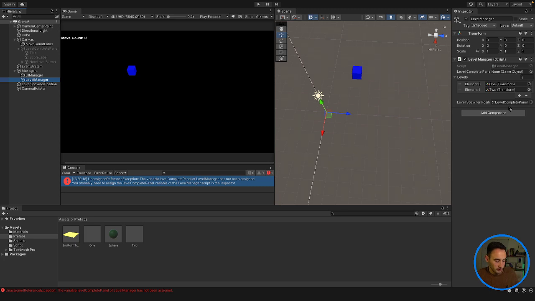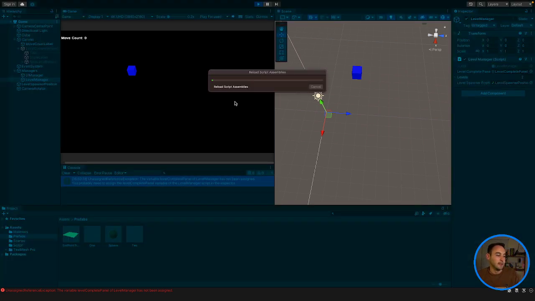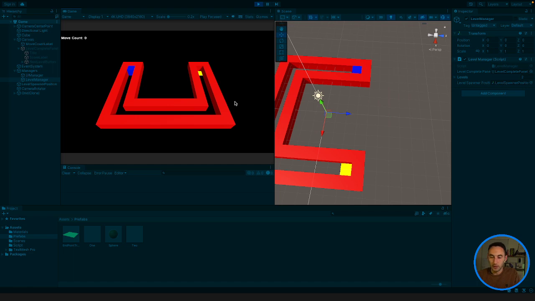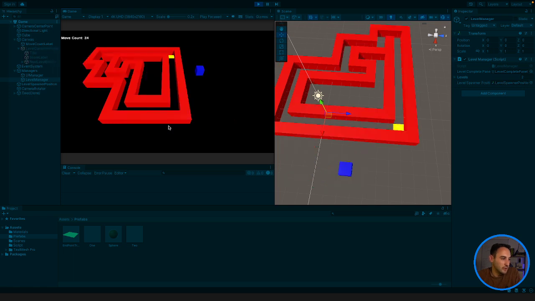Nope, that's not what I wanted. We need to drag that into this one and save that, and then now we can play the game, and hopefully it should work. So let's go down to the right and then back up. We should get our panel, and let's press next. Okay, so here is our next level, and you can see we still haven't figured out how to get our